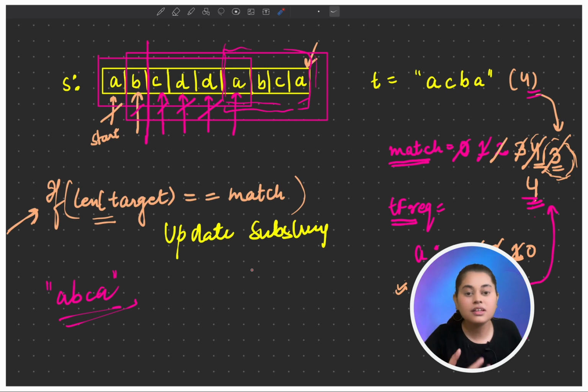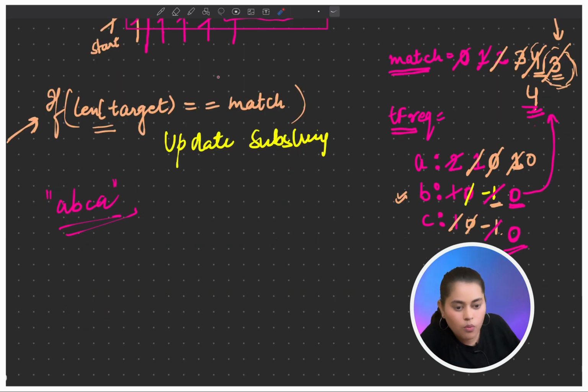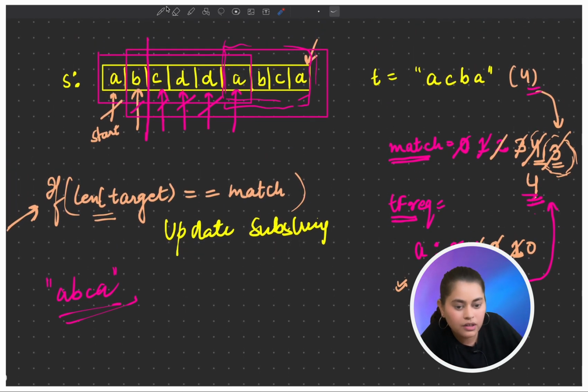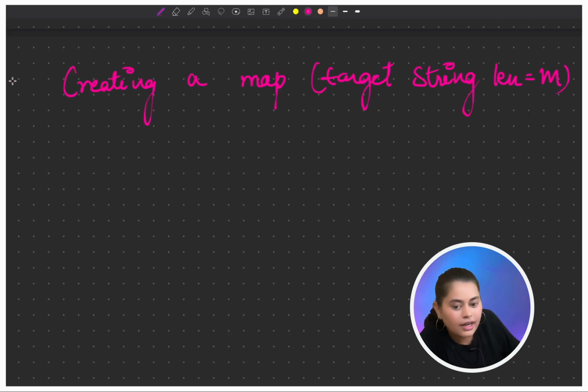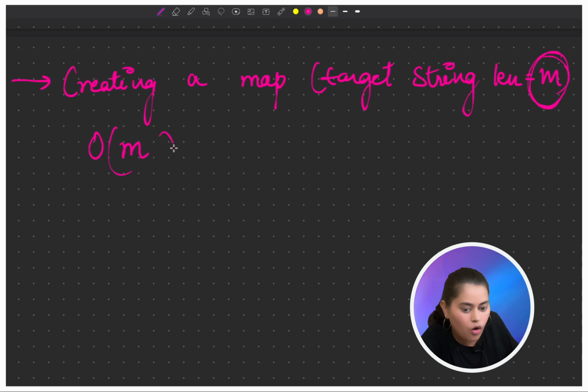Now let's discuss the time complexity for this approach. First of all, we created a frequency map. The length of the target string, let's say it is m, so we took O of m time to create the frequency map.